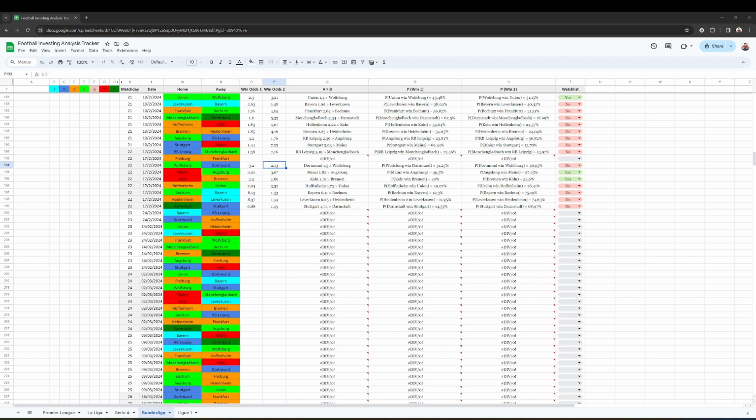Yeah, I'm just having a look at Dortmund away. Dortmund away is pretty good. I'm looking at whether it's worth backing Dortmund away against Wolfsburg. 46% chance of winning. Dortmund won 3-1 against Bochum, 3-0 against Freiburg, but that was at home. Away, they are even better. So funny, yeah, Dortmund is better away than at home.